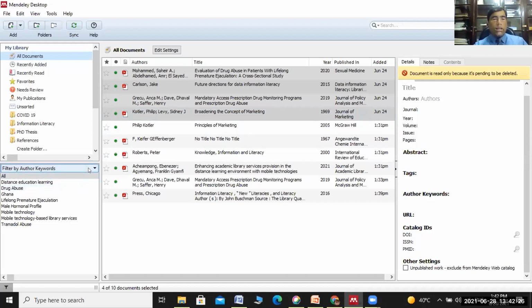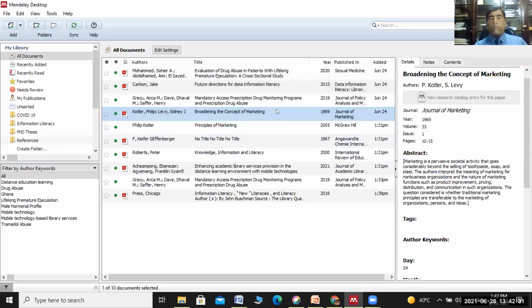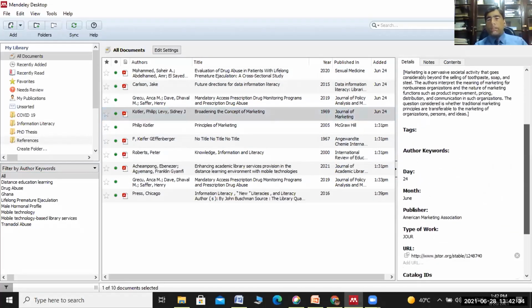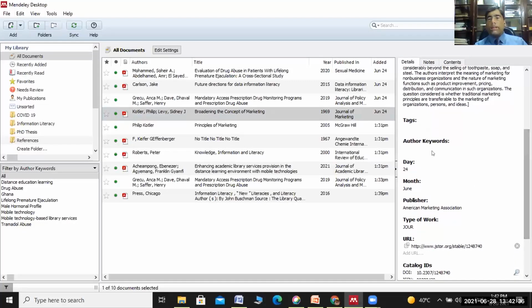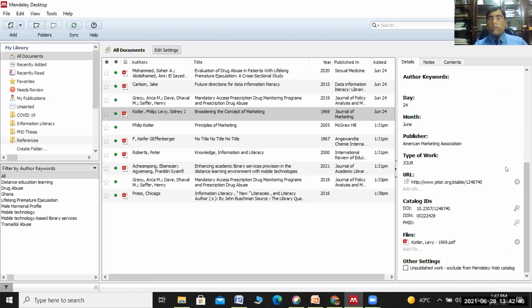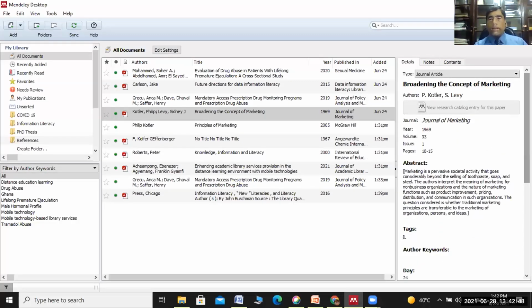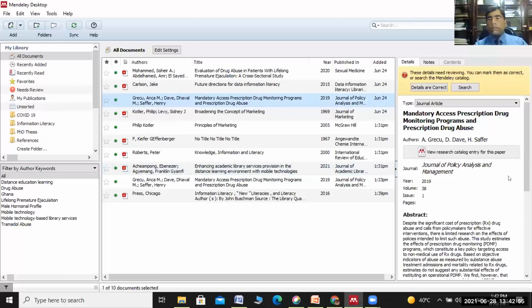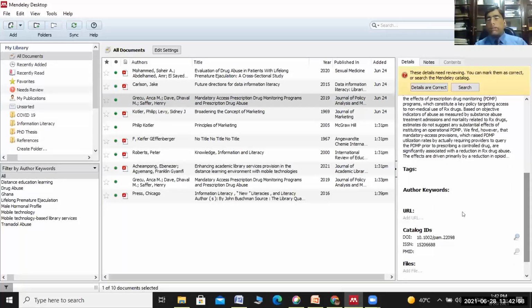Then this is the organizer basically. So then you can add tags as well. For example, I'm working on information literacy. So what you can do is that you can add a tag like information literacy, or you could keep this IL. So I'll save that, and then I'll go to the next. So this is also related to information literacy, for example. So I'll tag it again IL,